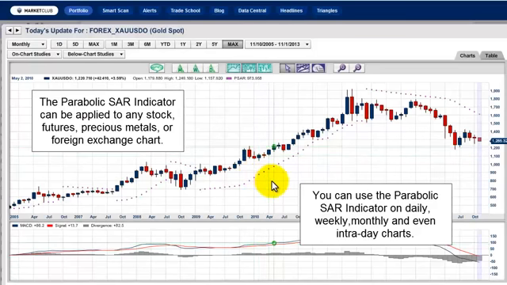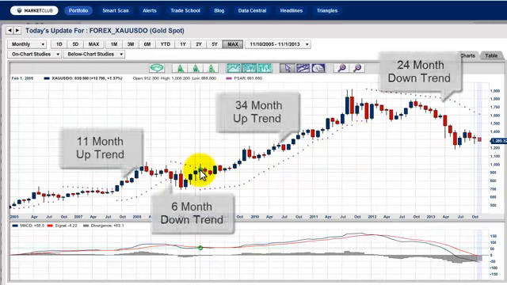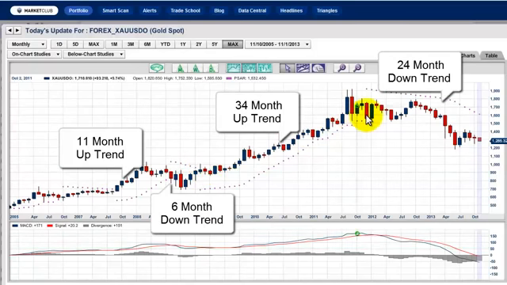It's a very powerful tool and it helps you stay in the money. You can use it as money management stops or just a trend following technique. You can see the trend here started on February 1st, 2009 and didn't reverse until December 1st, 2011. So that's how you use the